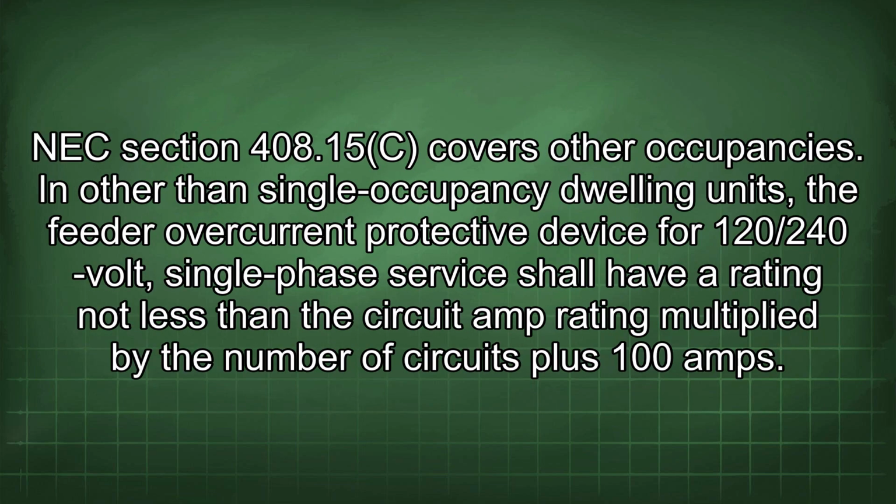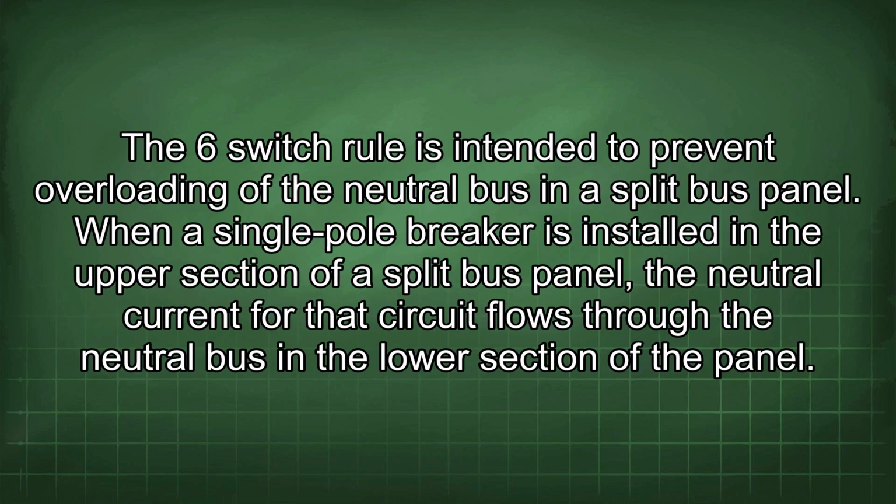NEC Section 408.15c covers other occupancies. In other than single-occupancy dwelling units, the feeder overcurrent protective device for 120/240 volts single-phase service shall have a rating not less than the circuit amp rating multiplied by the number of circuits plus 100 amps. The 6-switch rule is intended to prevent overloading of the neutral bus in a split bus